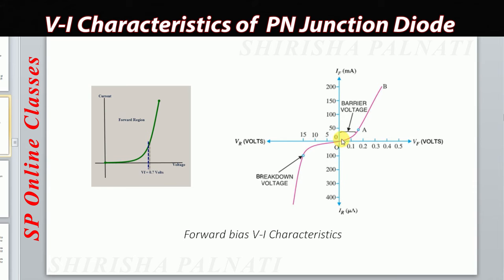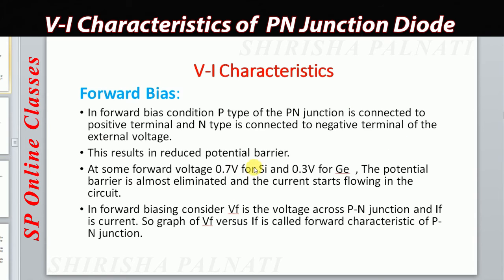So in the remaining portion of the voltage, the diode does not allow the current. Only when the voltage crosses the potential barrier does the current increase. That's why this region increases. So this is the graph of the forward biased condition, and this is the VI characteristics of the diode. The full characteristics represent both forward biased and reverse biased, but here we are taking only the forward region. Vf equal to 0.7 volts means here we are using the silicon semiconductor.